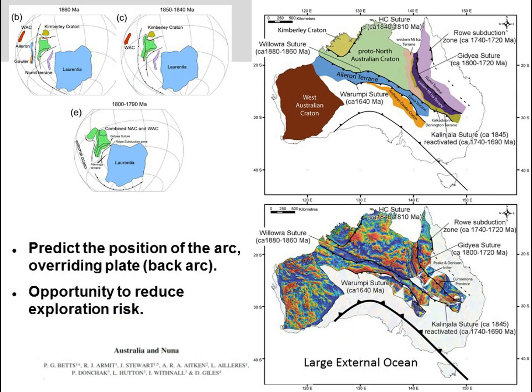So this is just a reconstruction of those suture zones. This is a recent paper that I published last year, and basically we did a GPlates reconstruction. We stuck the geophysics into it because you can't bend it, you have to cut it up into slices, but basically we took that really complicated mosaic and made what was a pretty simple structural pattern for the Australian continent. It's a series of ribbons that all accreted on together, and we can constrain that between about 1860 and about 1800. So it's a pretty rapid accretionary event, and that's the template from which the rest of the